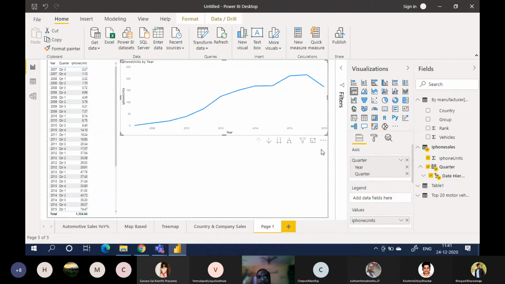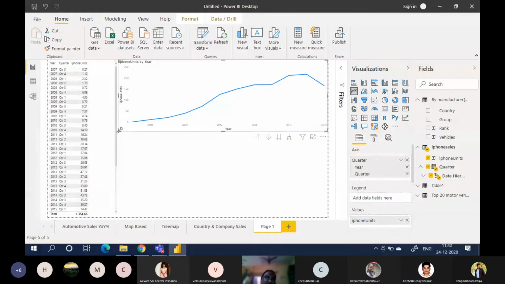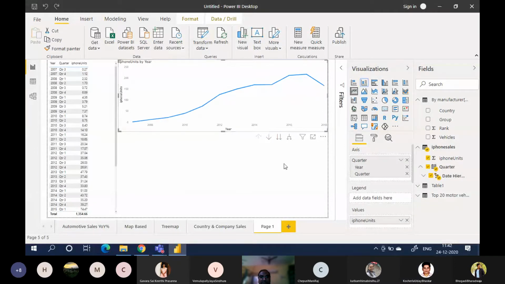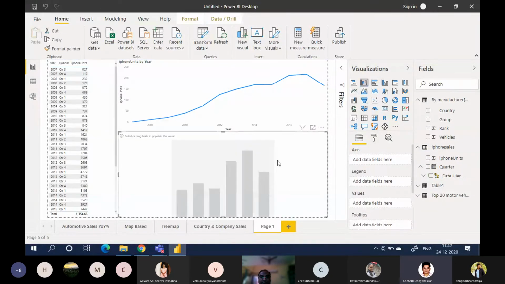Now, are you getting complete information from the line chart? No, sir. So what chart should you use? Stacked column, boss.